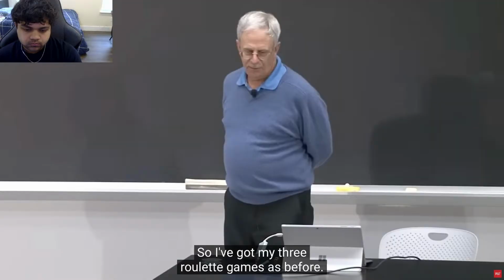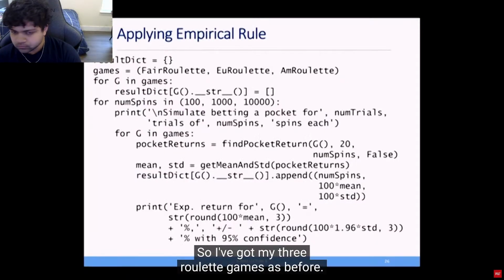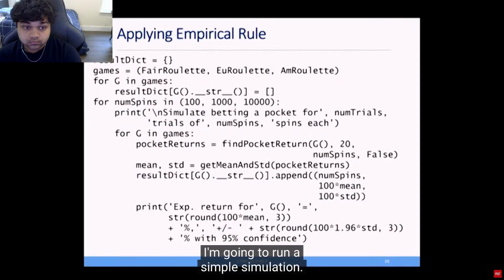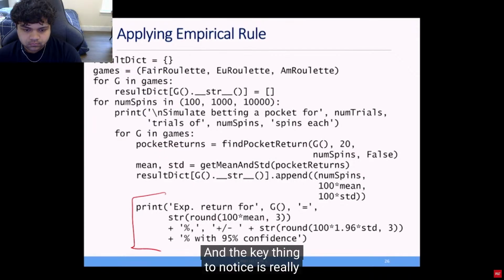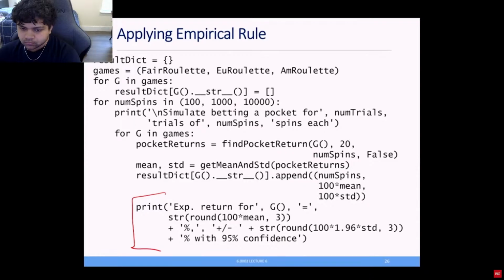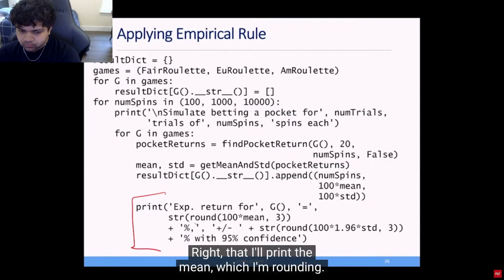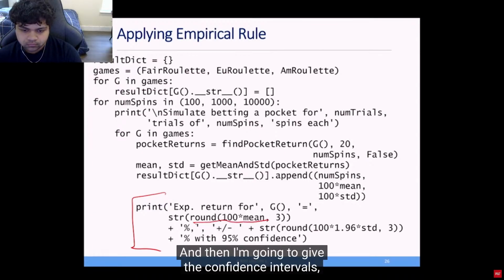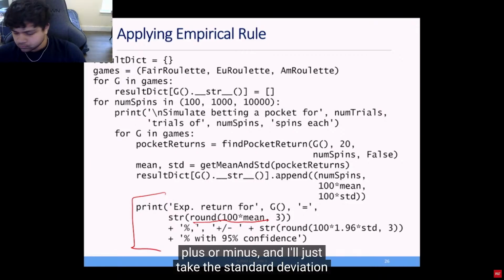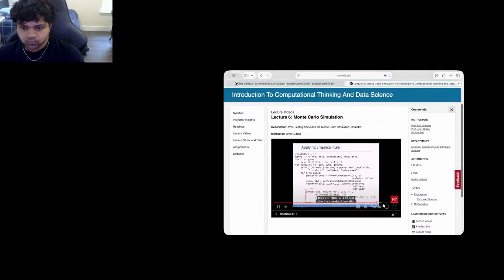So I've got my 3 roulette games as before. I'm going to run a simple simulation. And the key thing to notice is really this print statement here. All right, that I'll print the mean, which I'm rounding. And then I'm going to give the confidence intervals, plus or minus, and I'll just take